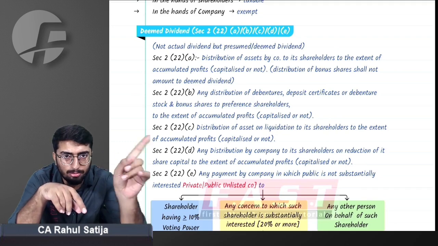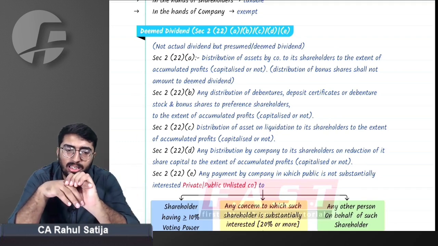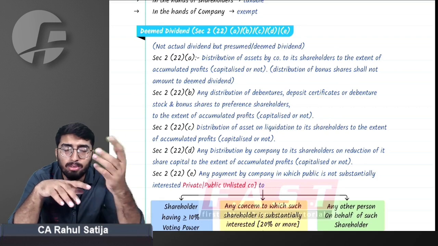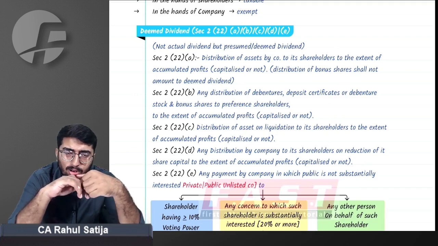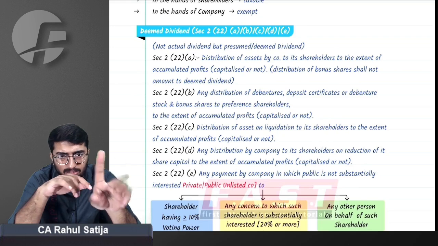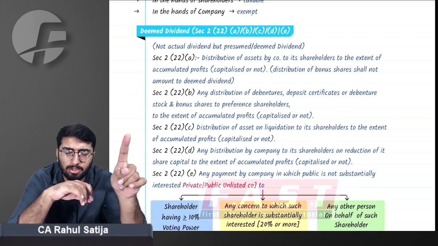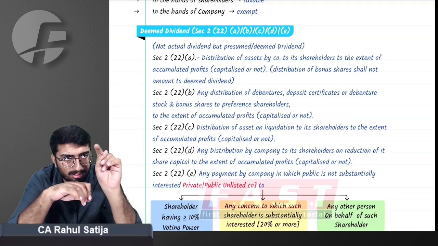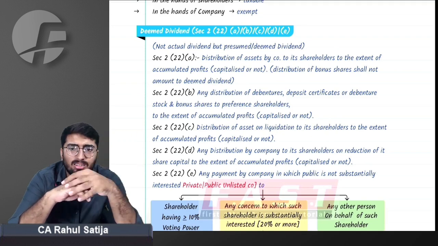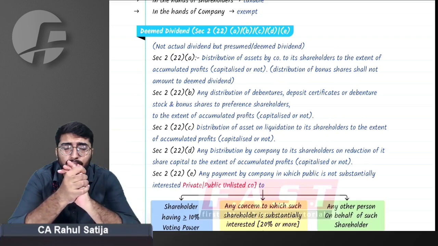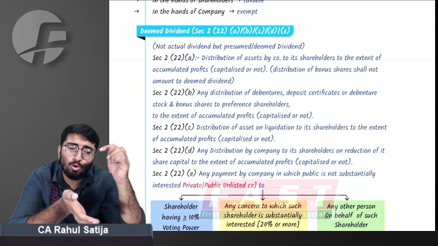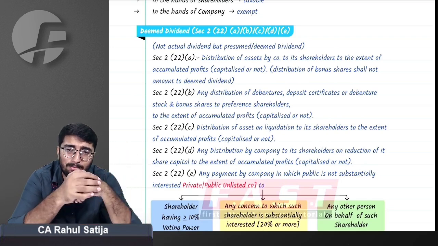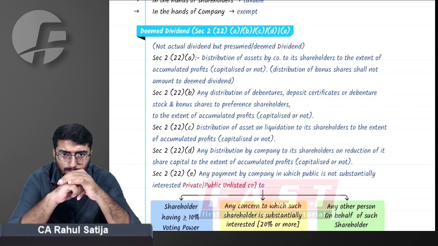Whenever a company wants to distribute money, it can distribute it by giving money out of reserves. It will be termed as dividend. Now, the company has already paid taxes on such money. Can you agree with me? Any reserves out of which the company is distributing dividend are already taxed. Reserves are after-tax profit. The company has already paid tax on such reserves, and now you want the shareholders to pay tax on that again. In a basic sense, the dividend is taxed twice.